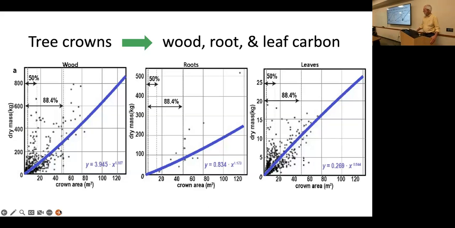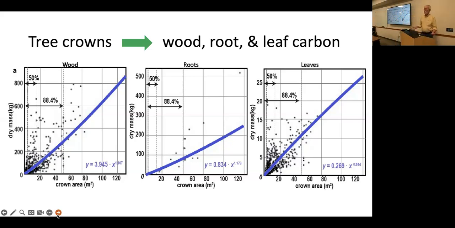We use allometry. And so these are the data we use to go from crown area to leaf carbon. In this case, dry mass, and we multiply that times 0.47 to convert into carbon. Here's the crown area. We didn't have many root samples. The next slide will show you why. And we went to dry mass of roots, again, multiplied times 0.47 for carbon. And here is wood over there. So we had a total of about 700 samples of allometry here, 26 here, and over 900 here for leaves.